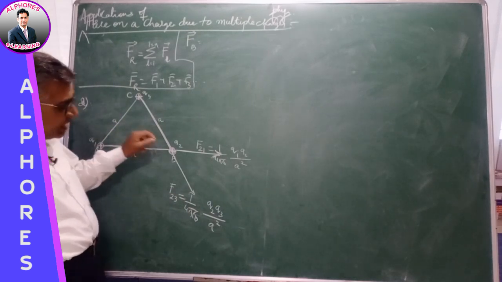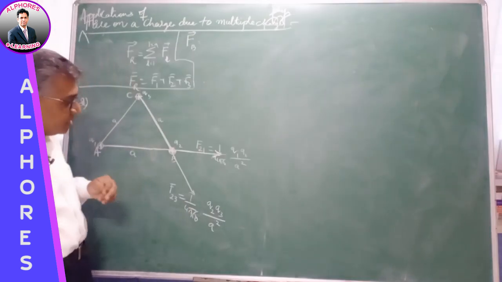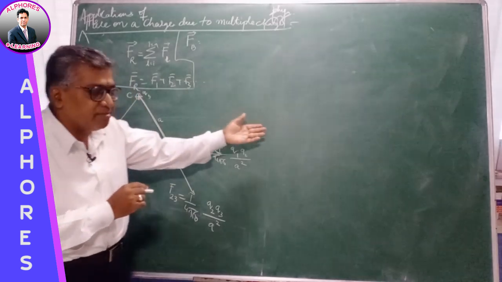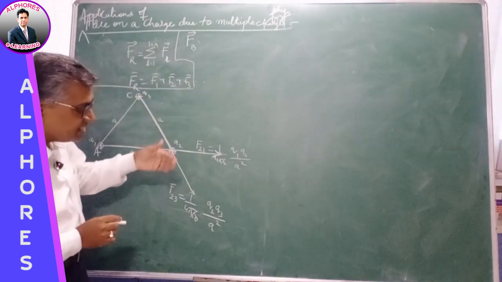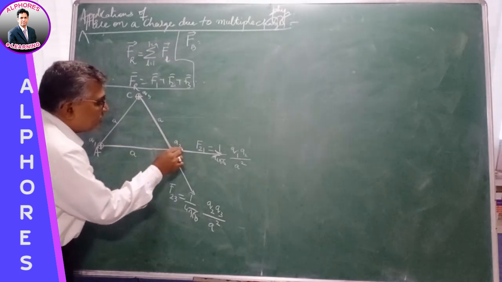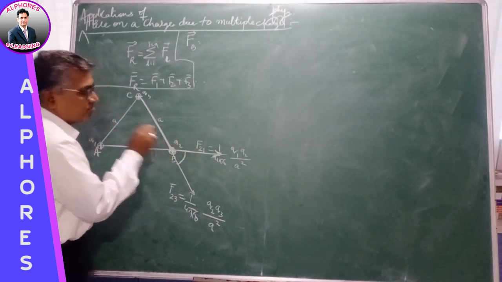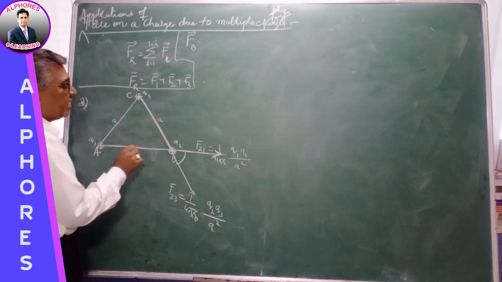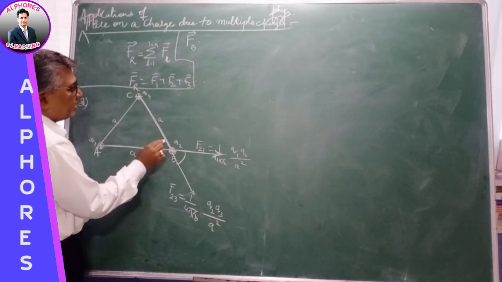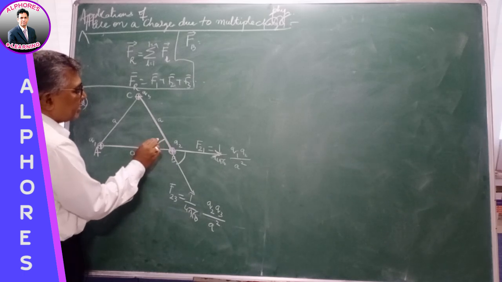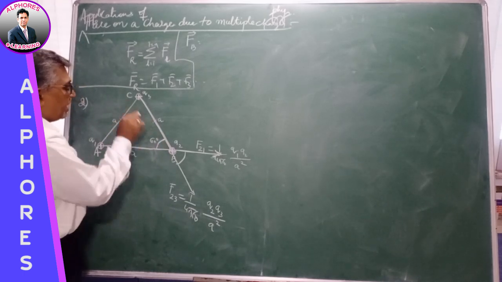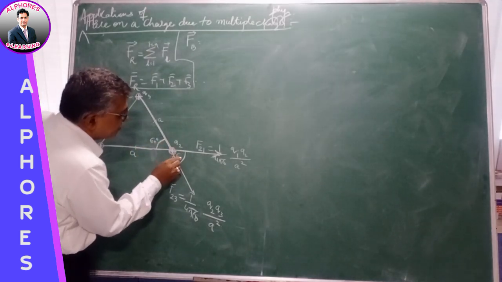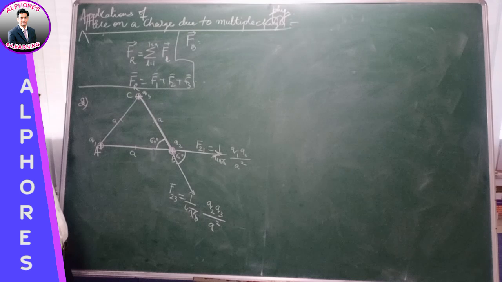So on the second charge there are now 2 forces, but these 2 forces are not in the same direction. As we have learned in the previous case, they are neither in the same direction nor opposite. Now they are at an angle. What is the angle? It is given that it's an equilateral triangle. We know in an equilateral triangle all the sides are equal and all angles are equal, it is 60 degrees. And this is a vertically opposite angle, so this will also be 60 degrees.